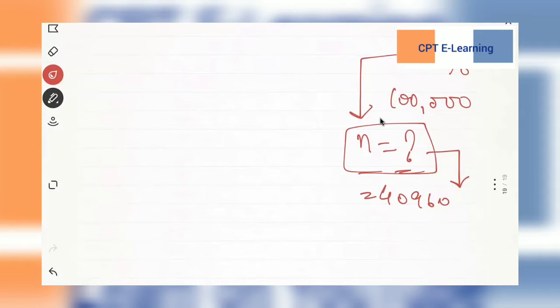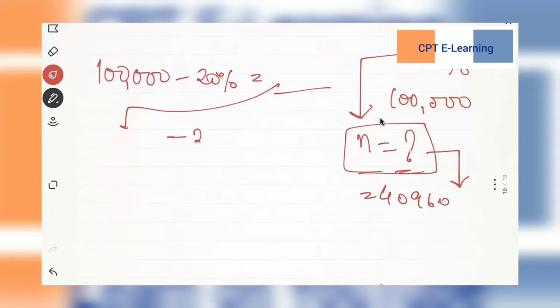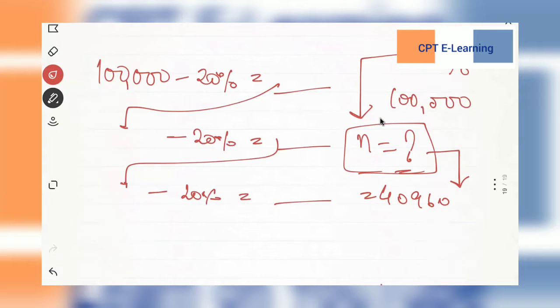We need to find out the useful life of the asset. One way to do it is to pick up your calculator and start doing this. 1 lakh is the original cost. Let's do 1 lakh minus 20%. This will be the value at the end of 1 year. Then we'll keep this here minus 20%. This will be the value at the end of year 2. We'll put it here minus 20%. This will be the value at the end of year 3. We'll keep on doing this till we get the value as this